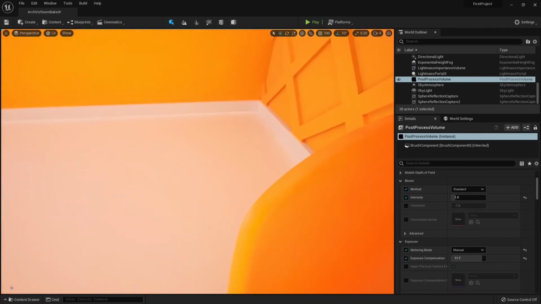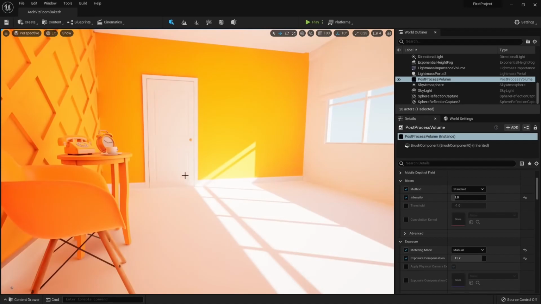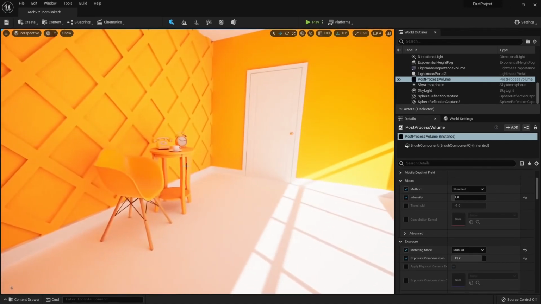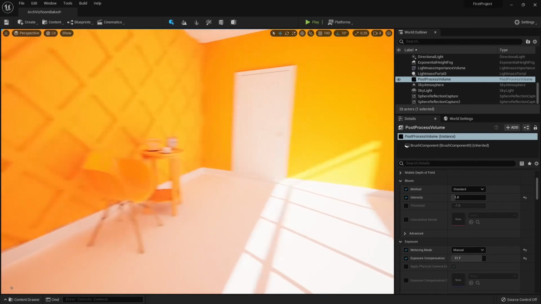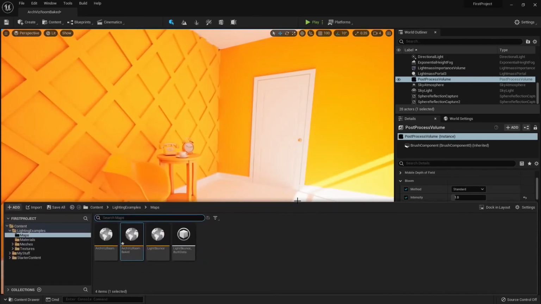Everything's looking great. And pretty much this is the gist of how you would go ahead and light bake a scene using stationary lights. So this is another way of getting global illumination. And honestly, this way of getting global illumination, while all the lights are stationary and you can't move objects around, if we go into my other scene,